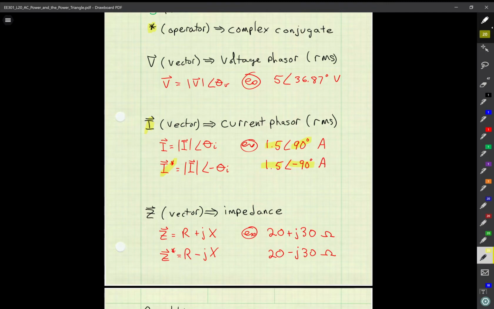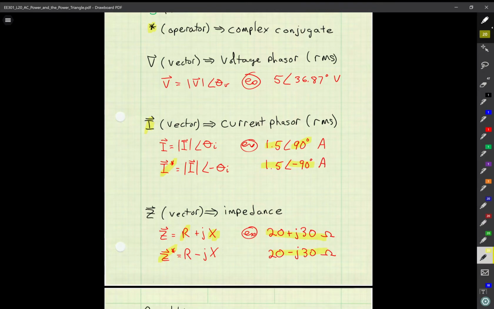And the same thing with the impedance. If I have an impedance in rectangular coordinates, it is equal to the resistance, the real part, plus the reactive part, which is the imaginary part. That represents the value in ohms of the inductor or the capacitor. So, for example, if I have 20 plus j30 ohms, then the complex conjugate of that value is 20 minus